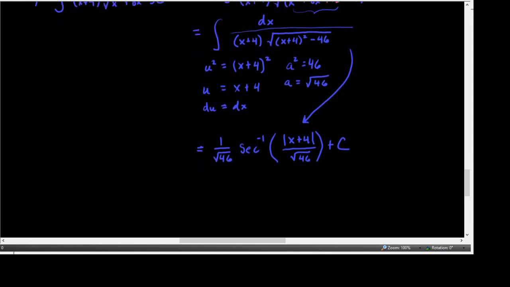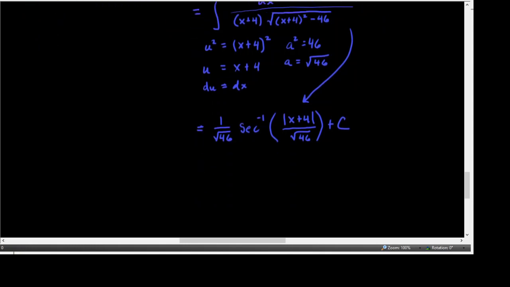And to clean that up just a bit, we will get square root of 46 over 46, secant inverse of the absolute value of x plus 4 times the square root of 46 all over 46